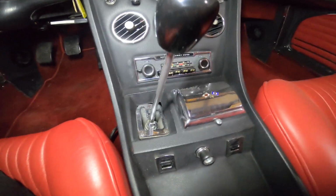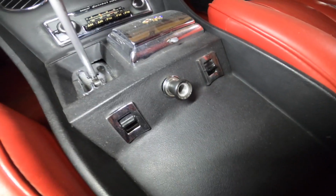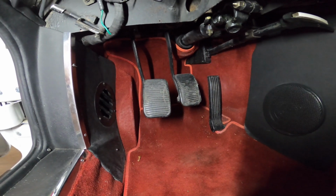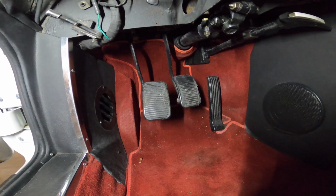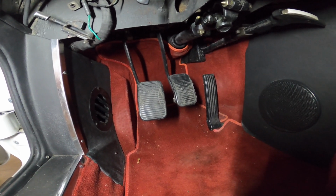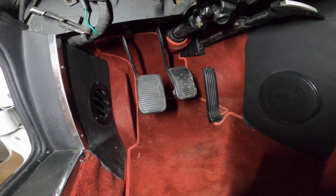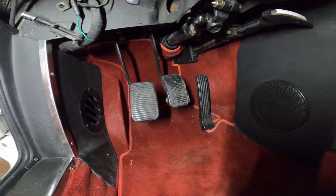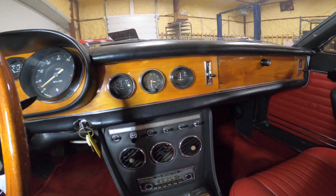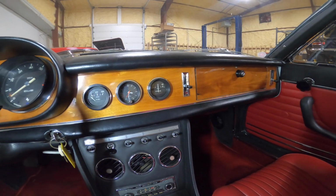You know, a good full-size ashtray, a cigarette lighter, and the electric windows. The pedals below are underhung, so they're hung from above, not like the earlier 250s where the pedals are below. So they resemble more of what cars that we're used to seeing with the underhung pedals. So that's kind of all it is in this car. It's kind of sparse compared to modern cars, but still quite a bit of luxury that you would want in